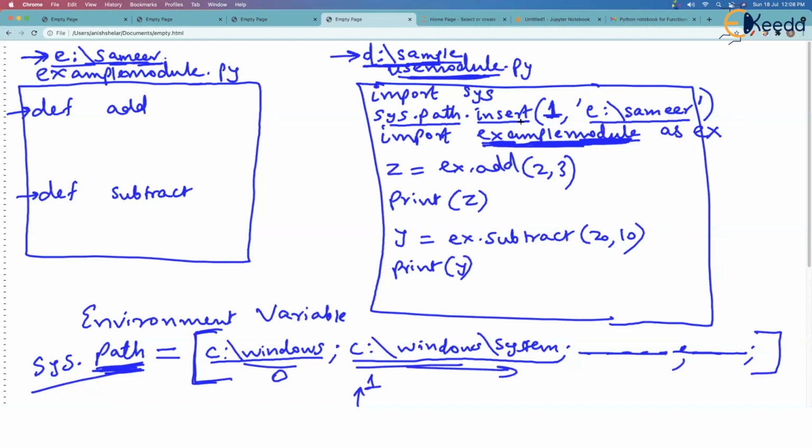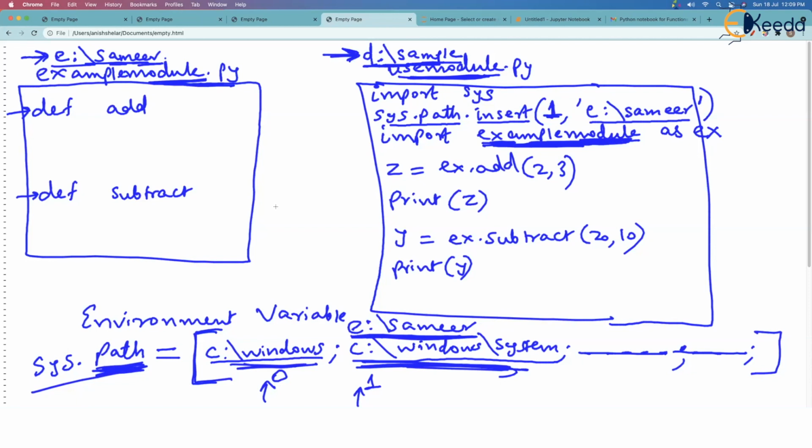You can insert it at any place. 1 is not a magic number. Like you could have inserted at place 0. Okay, then the new path will be inserted here. Okay. So now at first place, we have a path :/Samir. Nice. Now what will happen when you import this module? First, Python will search Samir folder. No, not there. This module is not present in the current folder. Then Python will say, okay, let me go and check system path. It is not in Windows. Okay, let me check the other path. Samir, yes. This folder, Samir, has this module, example module.py, and import will be successful.